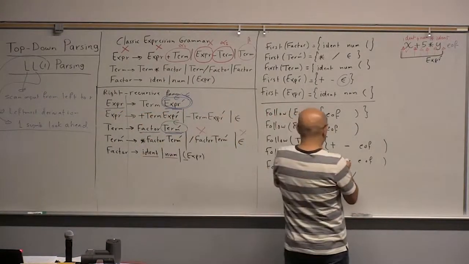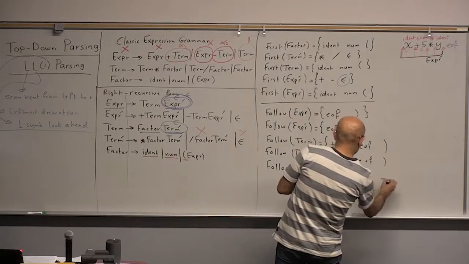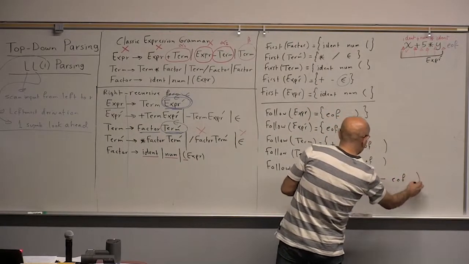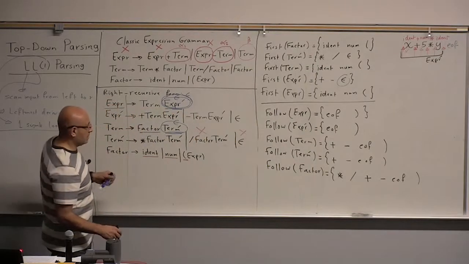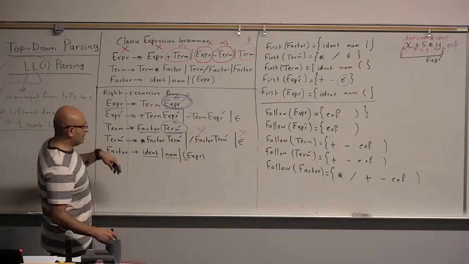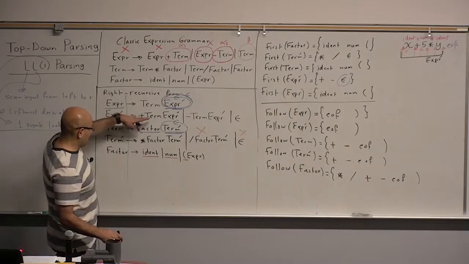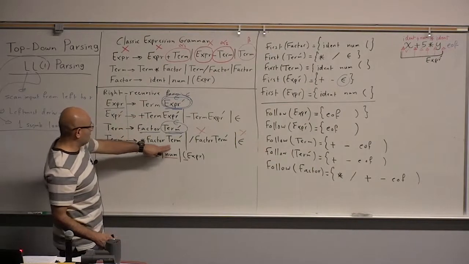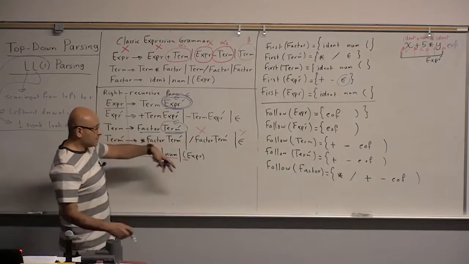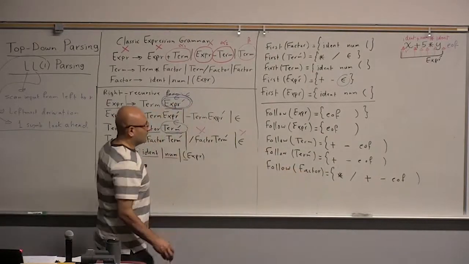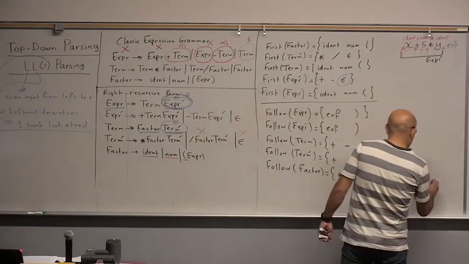And that will add everything. Plus, minus, and end of file, and close parentheses. In fact, these are all the symbols, so it's not going to get any bigger. Again, if I look into factor, it's followed by a term prime. This is not going to add anything because it already has everything in it. So this will be the end of